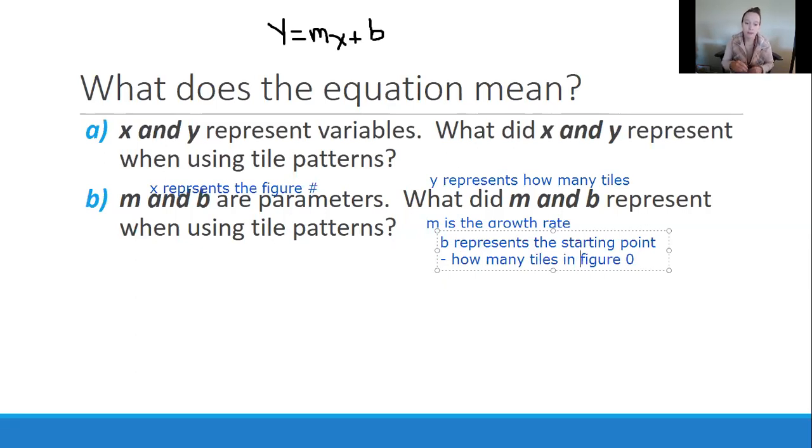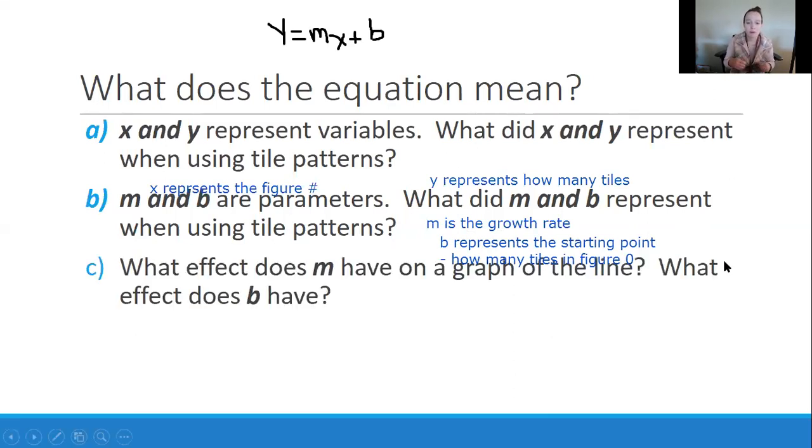So M and B are parameters. They never change for a given problem, but X and Y are variables. They're the ones that are changing. So again, we need to ask the question, how does M and B affect the graph? So I'm going to come over here and let's take a look at,